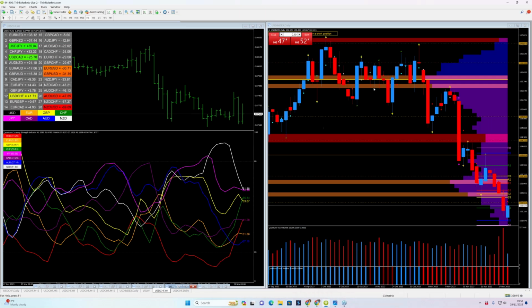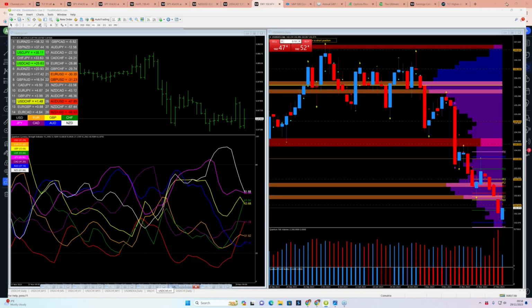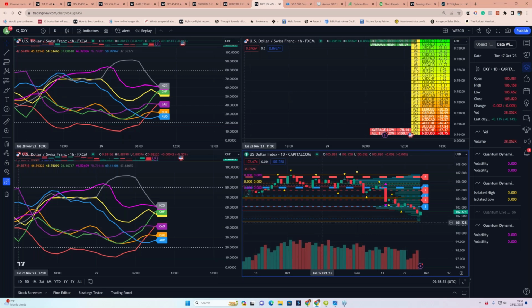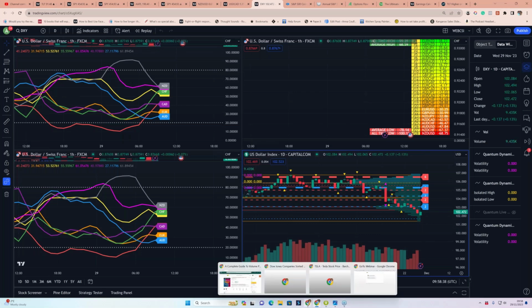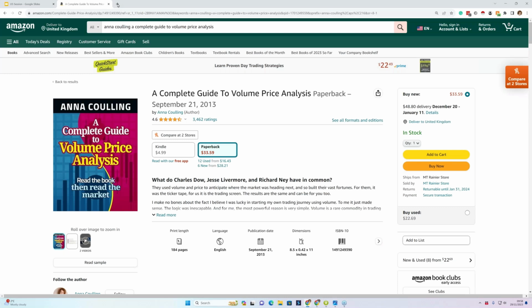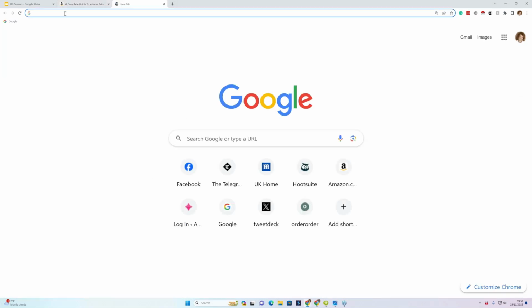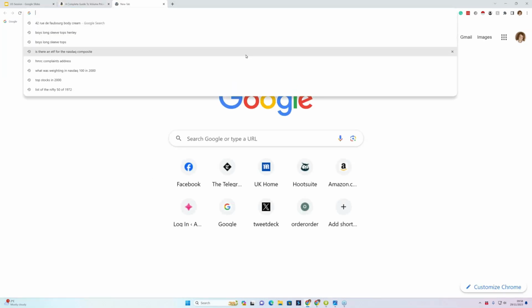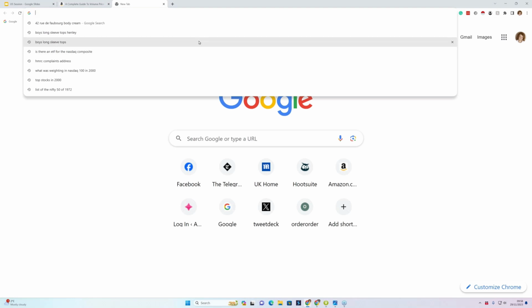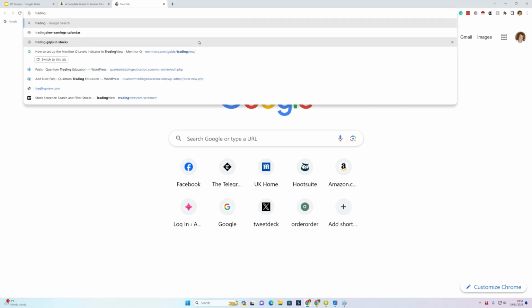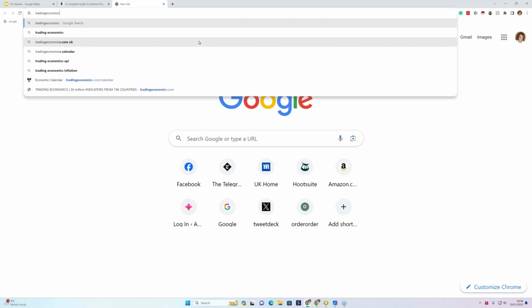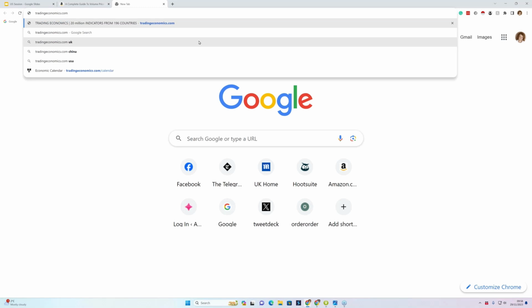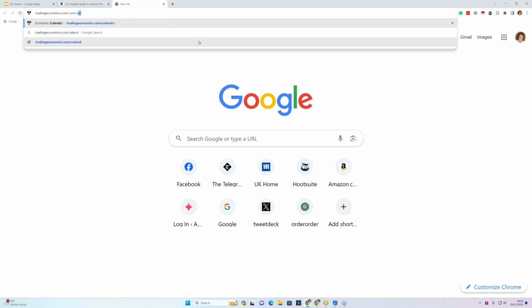What we also have to do, and I haven't got it up at the moment, is go over, when you've decided on your pair, and we have decided on the dollar CAD. In fact, I'm going to do it now quickly, so I'll show you. You then have to check, obviously, the economic calendar. And because we're going to be focusing on one pair, what I suggest you do is go over to tradingeconomics.com, calendar, and set it up in this way.